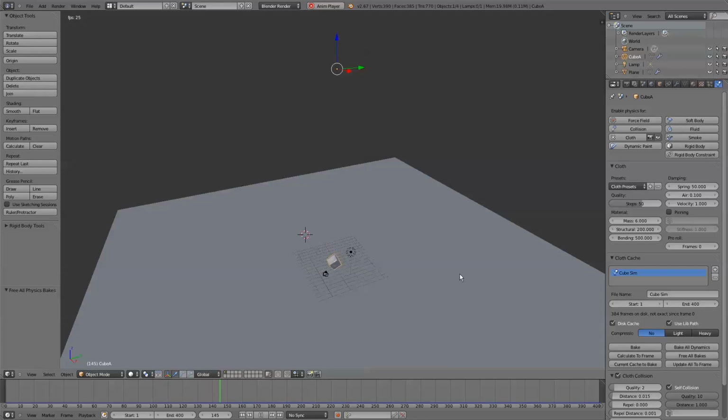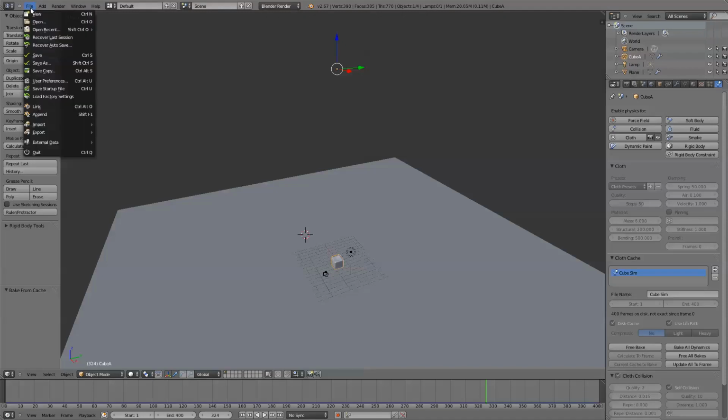So, once the simulation is complete, it'll continue looping, and when you've had a look at it and decided everything works, press pause and select this button, Current Cache to Bake, in the cloth panel to finalize the animation. We can now export the cube by animating to a sequence of OBJ files on disk by selecting File, Export,